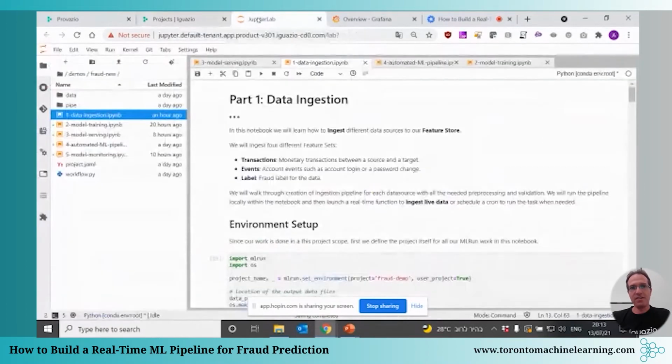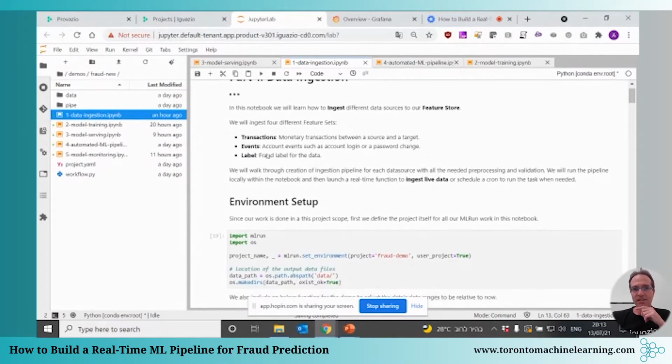So let's get started. I'm going to the Jupyter notebook. What I'm going to show you now in this notebook is how you can actually create the feature sets. We're going to create three feature sets. One is the transactions. The transaction is basically the feature set that keeps the source, which is the user data, with all kinds of properties like target and device and other features.